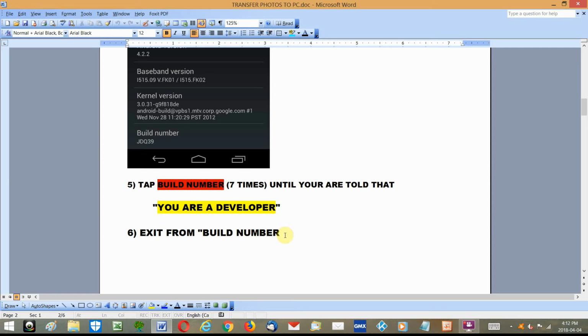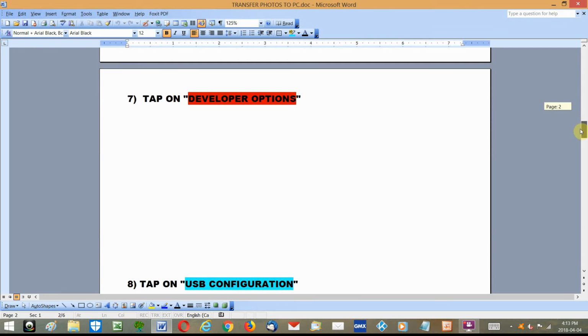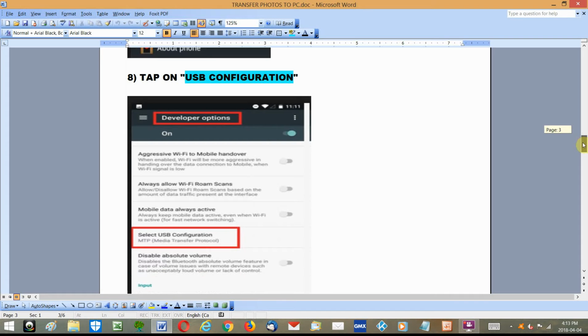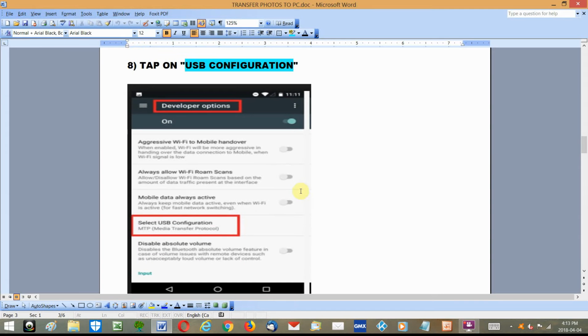Now exit out of that menu and go back to Developer Options. It's right above About Phone. Tap on Developer Options, and the next menu will have this option. It says Select USB Configuration, and you tap on that. I told you it wasn't that easy, but